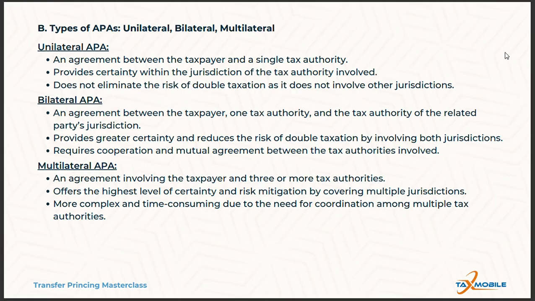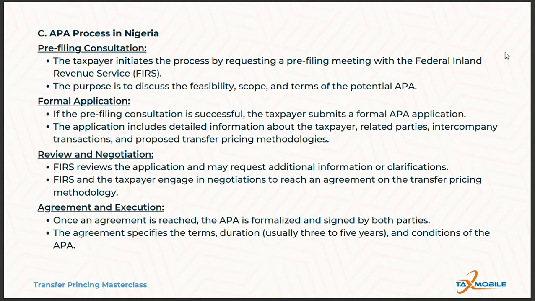The disadvantage is that it is more complex and more time consuming due to the need for coordination among multiple tax authorities. I don't even want to imagine this coordination between maybe FIRS, HMRC, and probably the Ghana Revenue Authority because of the multiple advanced pricing agreements. Now, having looked at the unilateral, bilateral, and multilateral agreements, let's look at the advanced pricing agreement process in